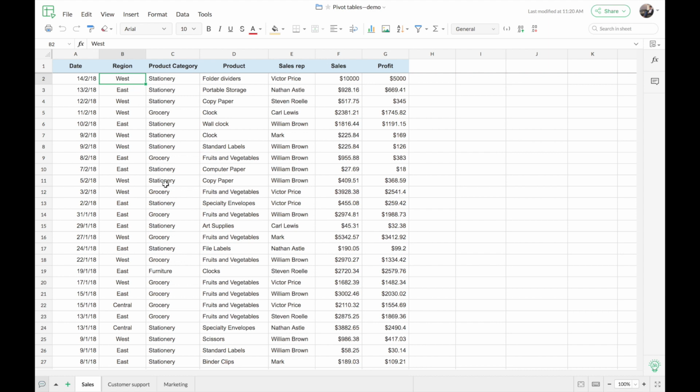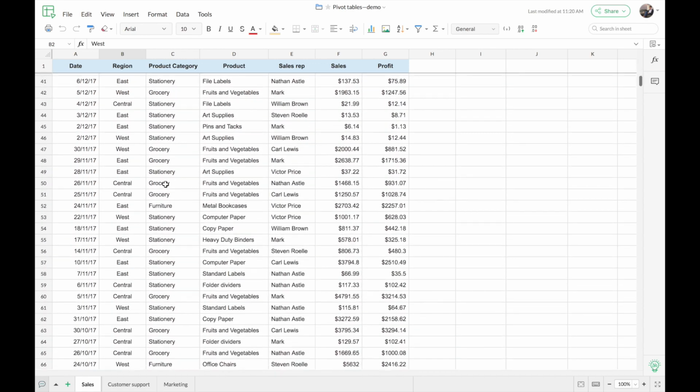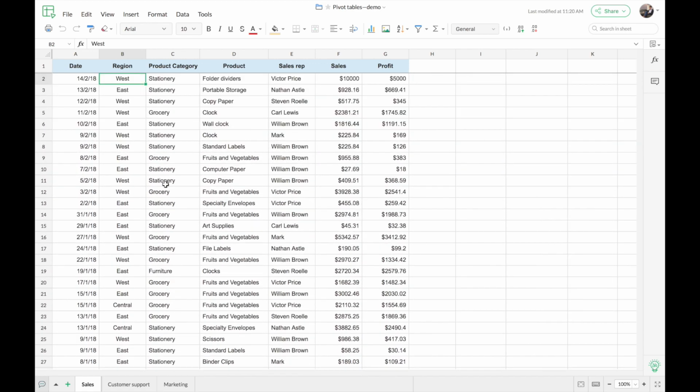As you can notice, this data is really vast with hundreds and hundreds of rows, and it is really hard for you to derive any conclusions from it or even study it. So now let's create a pivot table for this data set and see how we can consolidate and study this data set. First up, I'm going to create a pivot table using which I can study the region-wise sales of each product category.